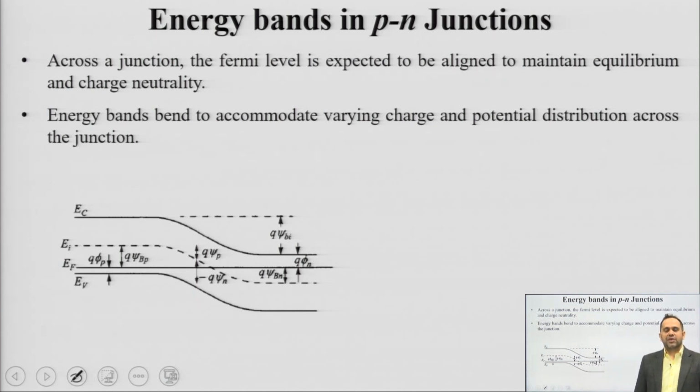When you combine these two regions, the major underlying point is that the Fermi level on either side has to be continuous. If that does not happen, that basically means that charge neutrality or equilibrium has not been achieved as yet. Any gradient in the Fermi level would cause a diffusion of charge carriers until the Fermi level aligns. So, in an unbiased equilibrium case, the Fermi level is aligned on either side of the junction, whether it is the p side or the n side.